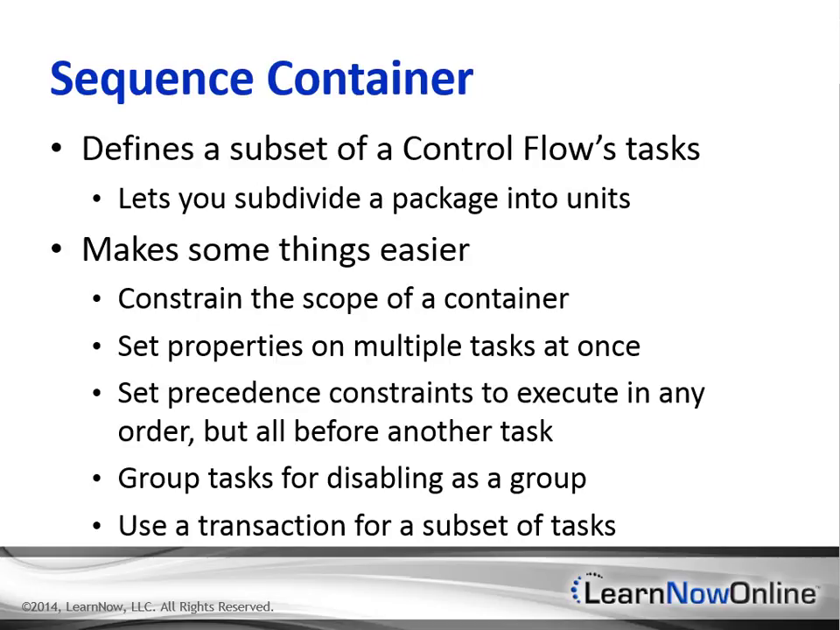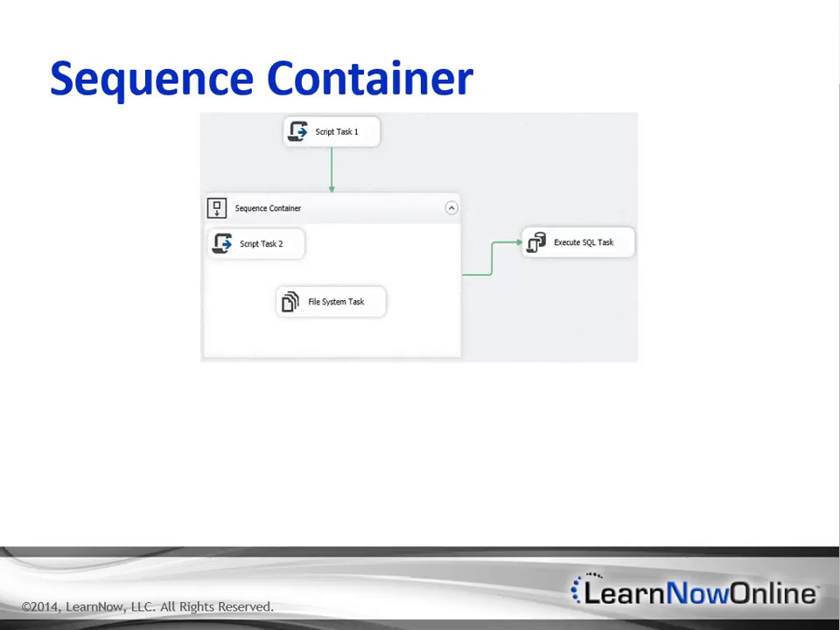Okay, so this shows a simple example of a sequence container on a control flow. The container contains two tasks, a script task and a file system task. Neither of these tasks is going to execute until script task 1, which is a precedence for the container, executes. And it has to execute successfully. It's the green precedence constraint arrow. And then once script task 1 executes successfully,